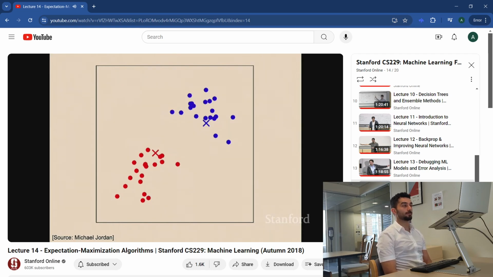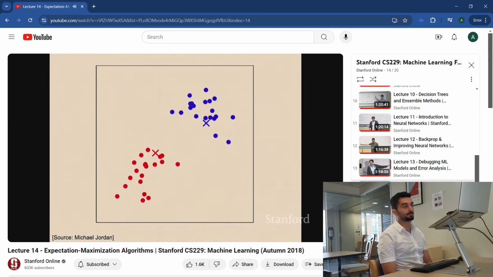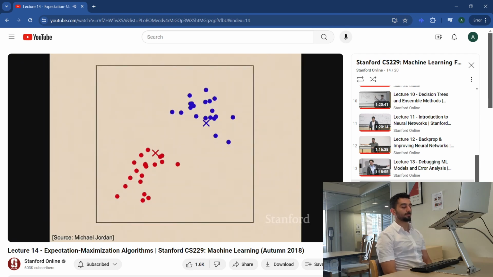And then the second part of the algorithm was again, look at blue dots, find the mean, look at red dots, find the mean. And then move the cluster centroids over to that mean. And it turns out if you keep running the algorithm, nothing changes. So the algorithm has converged.